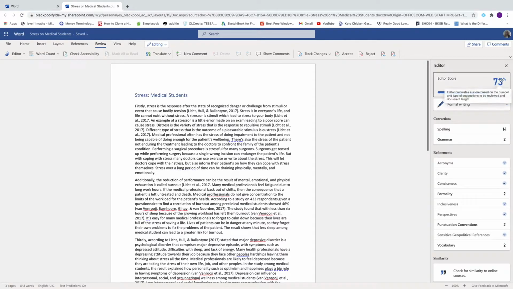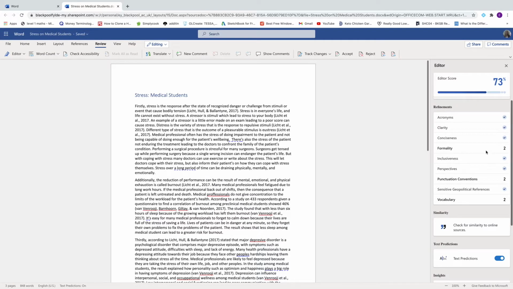On the right hand side here, it tells you how it feels your assignment would score from an editor's perspective. So at the moment it's sitting at 73%. I don't think you're ever going to get 100% though. I mean, prove me wrong with one or two sentences. You can set it to formal, professional or casual. We're just going for formal writing, but it is telling me that there's potentially 14 spelling mistakes, 2 grammar mistakes,